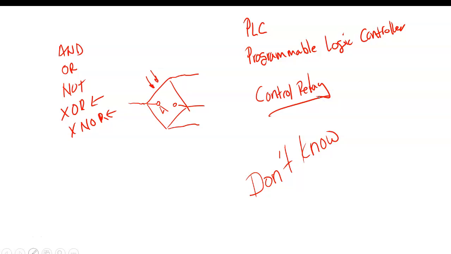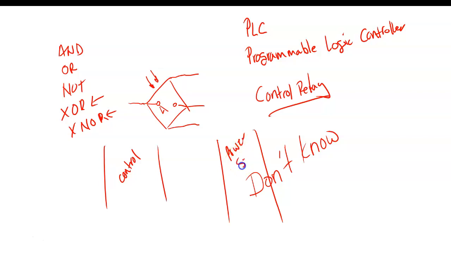All these control relays. And why do we define a control relay? What is a control relay? So basically, control circuits are made up of two sections. We have a control section, and then over here somewhere we have a power section. And this is really prevalent now because of this